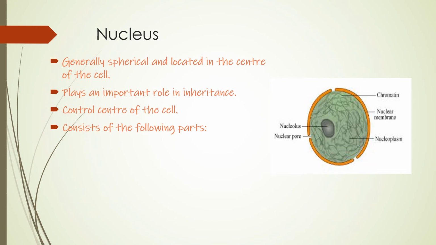Nucleus. The nucleus is generally spherical and located in the center of the cell. It plays an important role in inheritance. It is called the control center of the cell as it controls all the metabolic activities of the cell. It consists of the following parts: